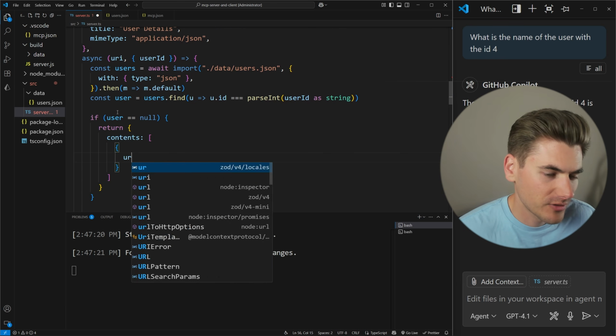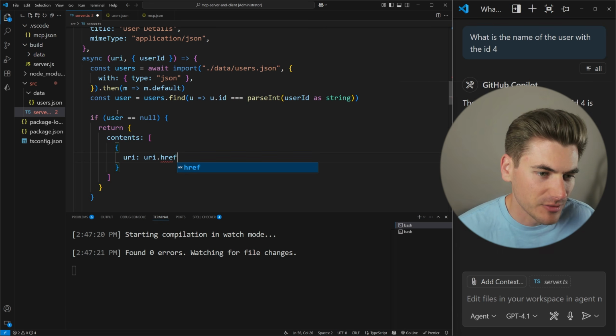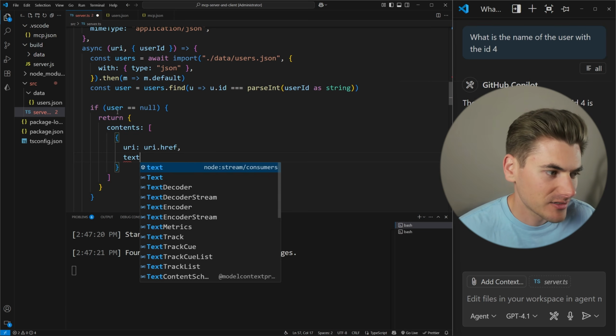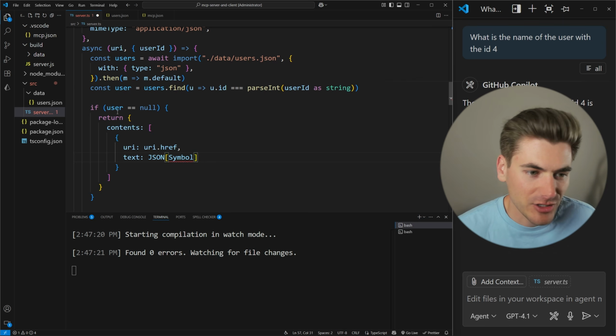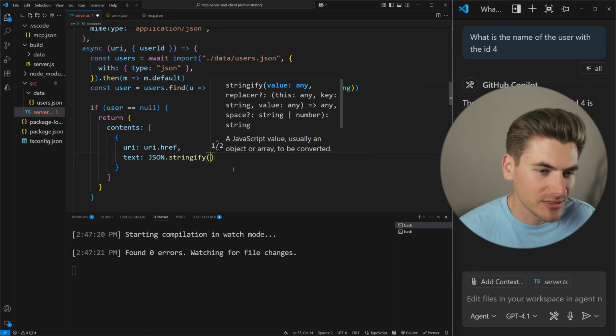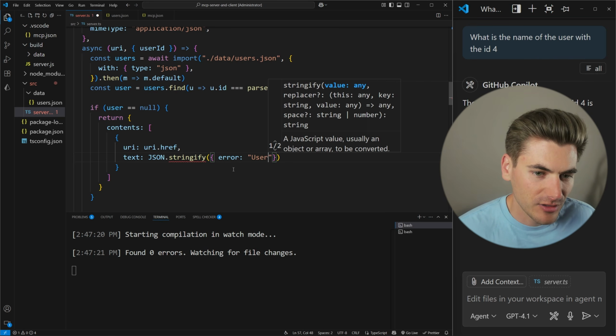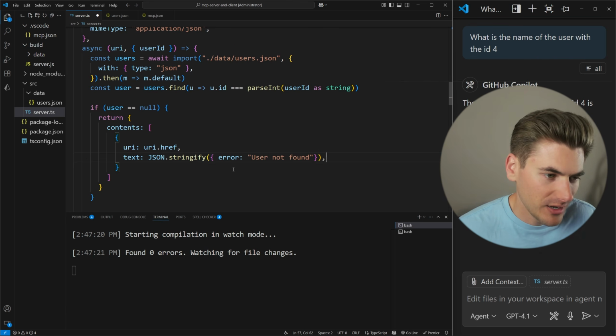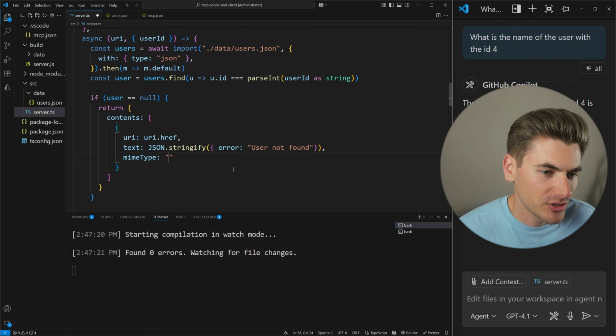Contents is going to be an array. We're going to pass in our URI href just like we did before. We're going to pass in some text, and this is going to be JSON to match that up here where we had our MIME type. We want to make sure that matches. So we're going to pass along JSON that just says error, user not found. And then finally, we can come in here with that MIME type, which is going to be